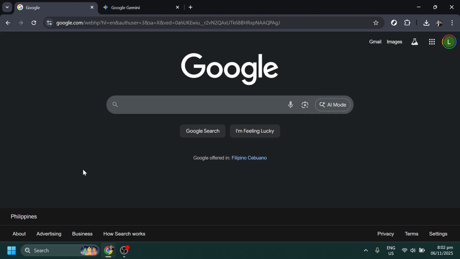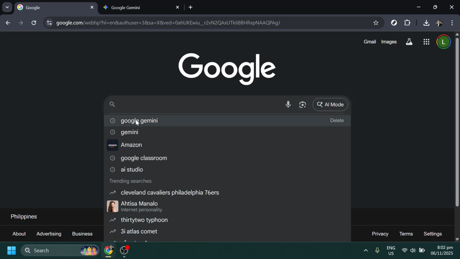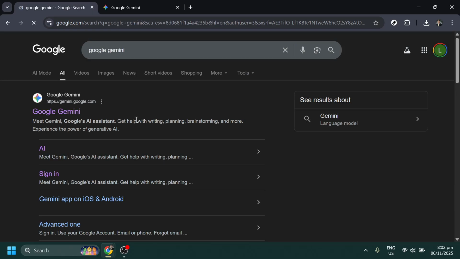First, you'll need to open your web browser and navigate to Google. This is where your journey begins. Once you're on the home page, in the search bar, type in Google Gemini. This will lead you directly to the resources we need. It's crucial to make sure that you correctly type the term to find Gemini's official web page, which is our